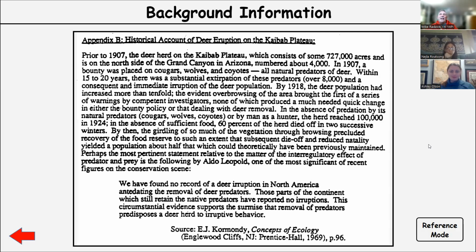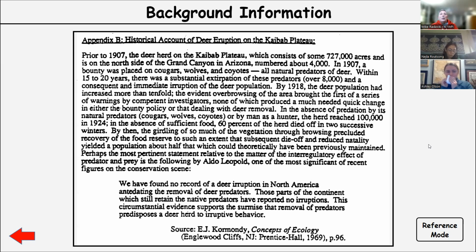In the absence of predation by its natural predators or by hunters, the herd reached 100,000 deer in 1924. In the absence of sufficient food, 60% of the herd died off in 2 successive winters. By then, the girdling of so much of the vegetation through browsing precluded recovery of the food reserve to such an extent that subsequent die-off and reduced mortality yield a population about half that which could theoretically have been previously